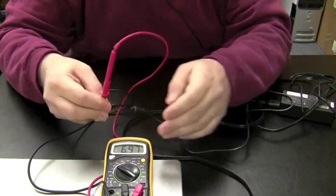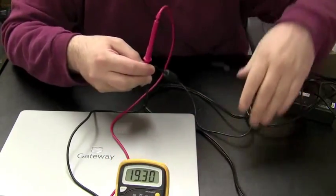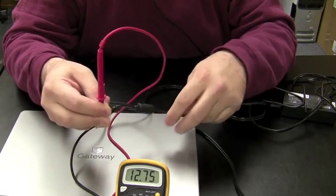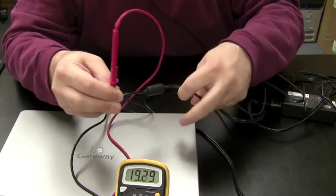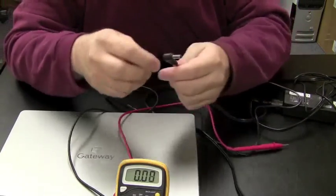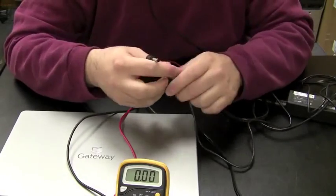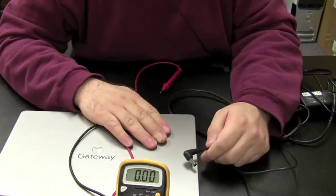Let's see. I'm going to do that right now. Okay, I'm still getting 19 volts, and I'm moving the power adapter around a little bit, jiggling it around, making sure that there's no crimps in the wire. Okay. Even though I jiggle it around, it's still at 19 volts. So we know the tip is good. A lot of times the tip will break, like right in this area here, and you won't get that 19 volts after it's broken. So instead of just taking the whole computer apart and finding out it has a perfectly good power jack,